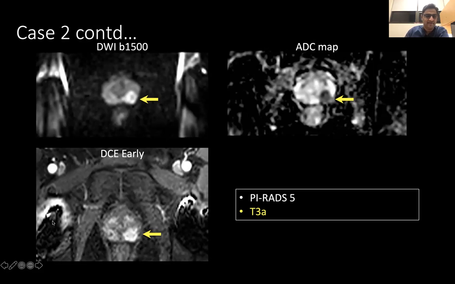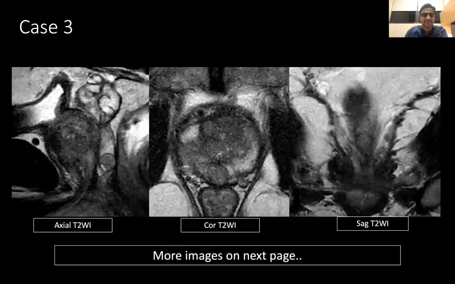And you can see some artifact here as well from the hip processes. And case number 3, another patient with prostate MRI, and here we can see that there is a nodule